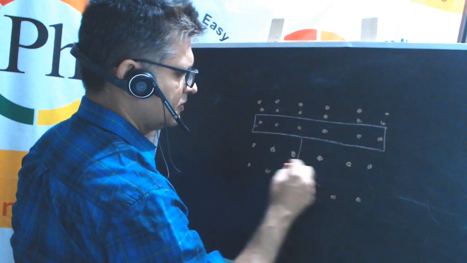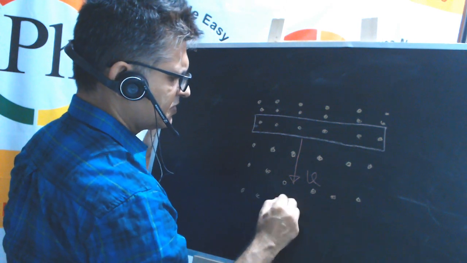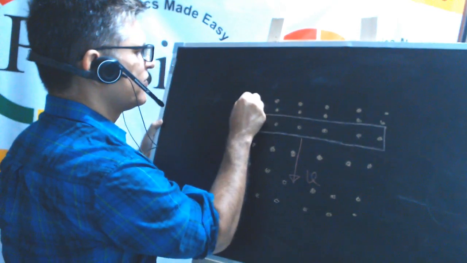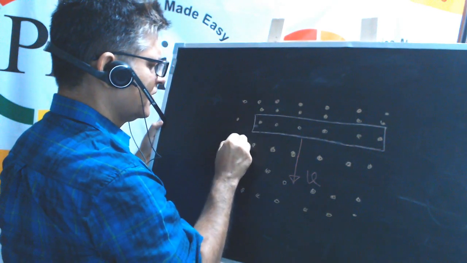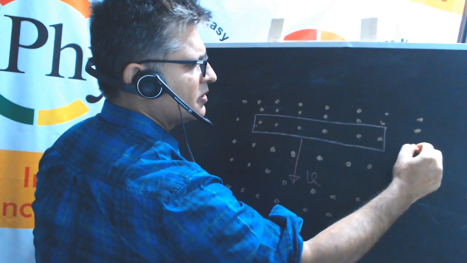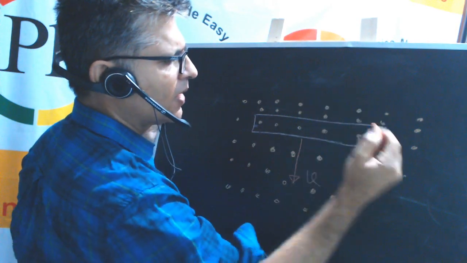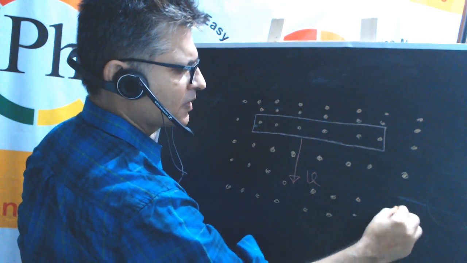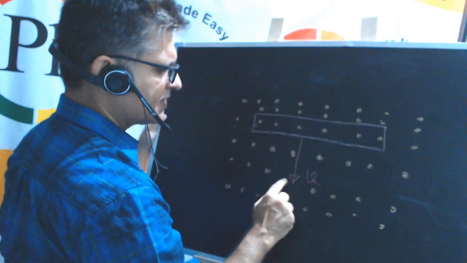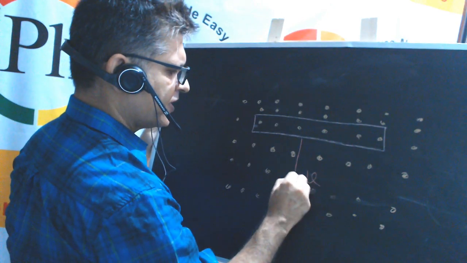Assume them to be uniform, equally spaced. So you have this magnetic field all over, and it's outward. It is coming out of the plane of the board, so never worry about this. It is actually a straight